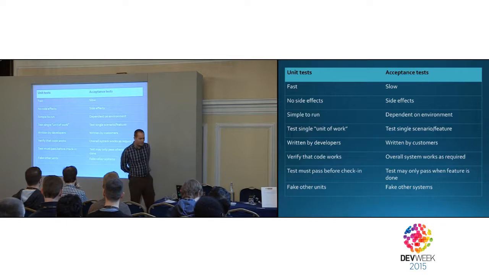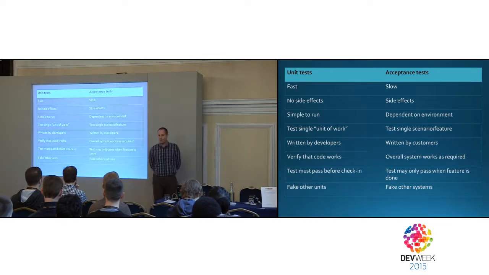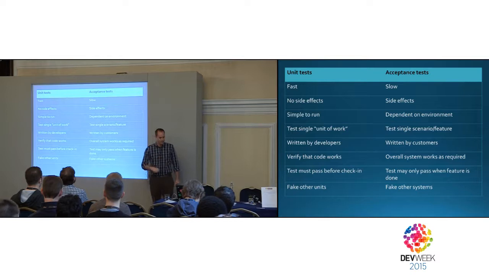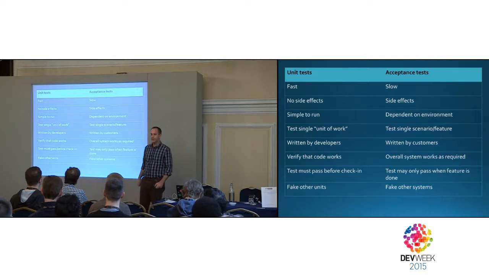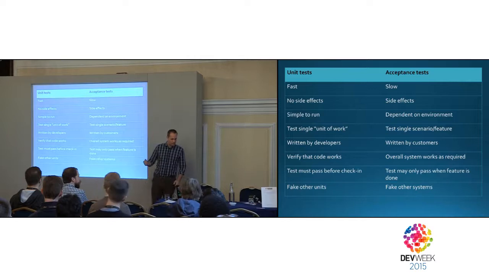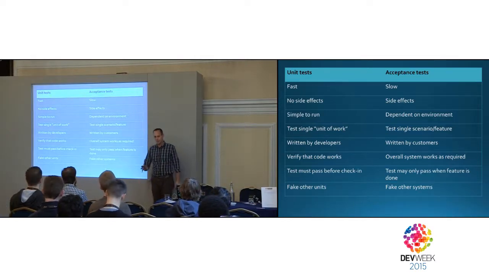Unit tests are very simple to run. As I said, copy to another machine, run everywhere. The acceptance tests, depending on the environment, you might need to raise an environment. That's where those setup methods come into play. Unit tests verify that code works. Acceptance tests verify that requirements are right, and so on. They are different, but they can look the same if you don't know what to look for.